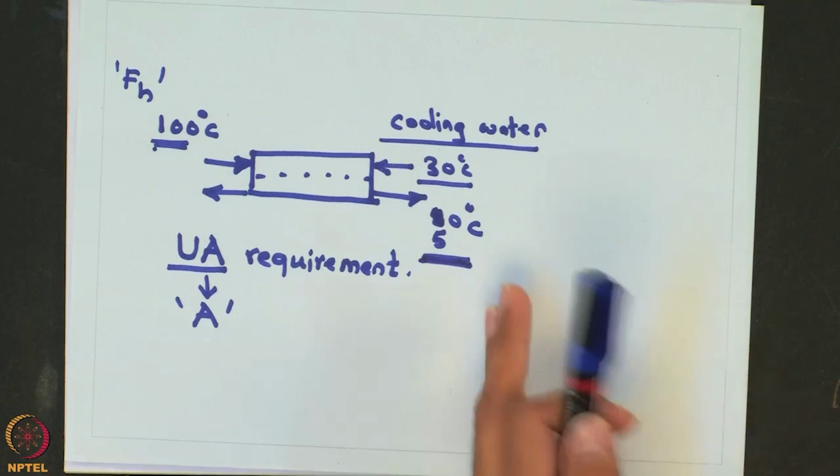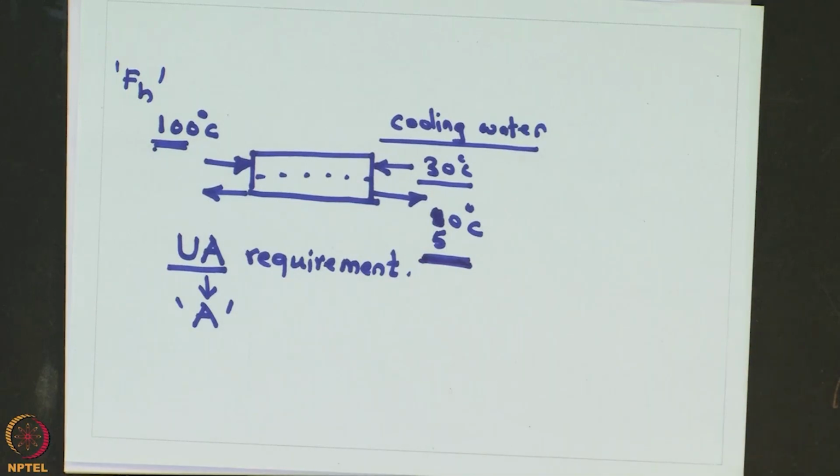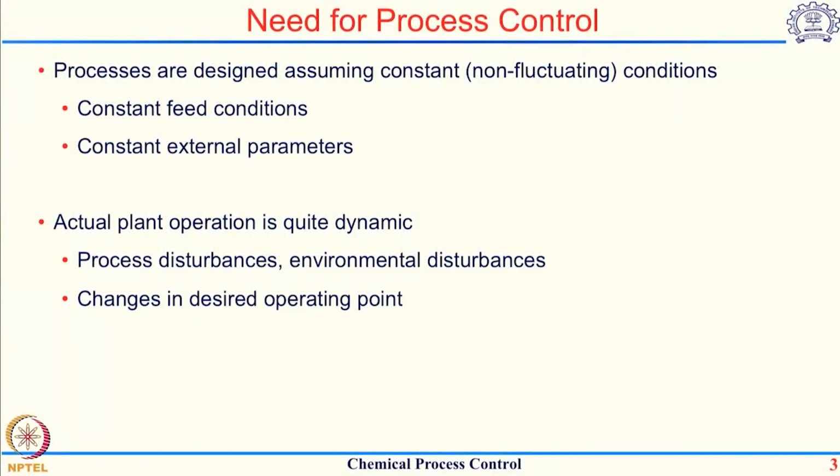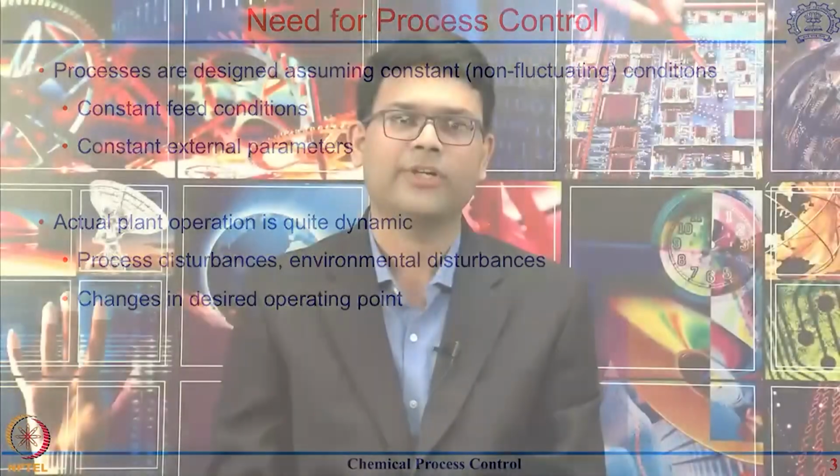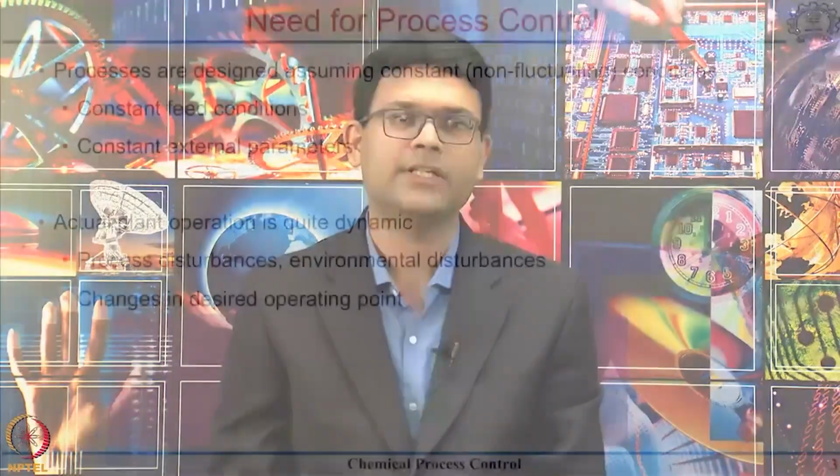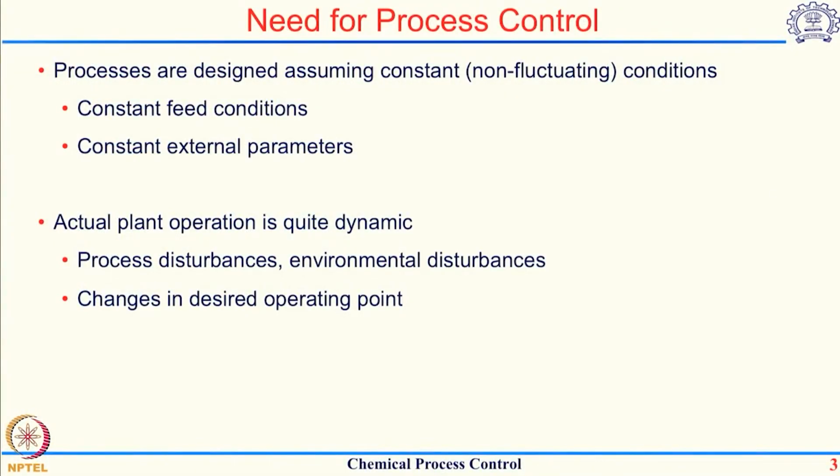So if this particular stream is going to a different unit operation, let us say it is going to a separation system which requires an inlet temperature of 50 degrees, then we are not able to maintain that particular inlet temperature. So the take home message is that the actual plant operation is quite dynamic because it is subjected to various process disturbances, environmental disturbances, as well as, in some cases, even though you design a system